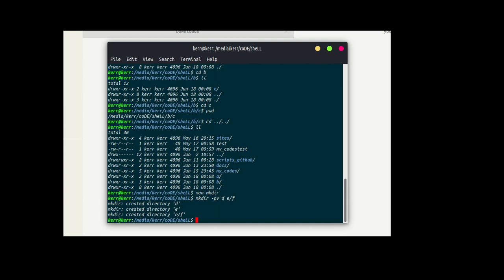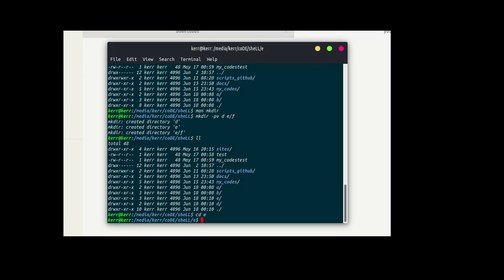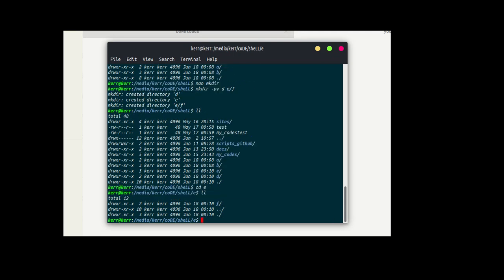You can see it is printing the status that D and E are created, and the F subdirectory under the E directory is also created. If you go to the E directory, you can see the F directory is just within this.